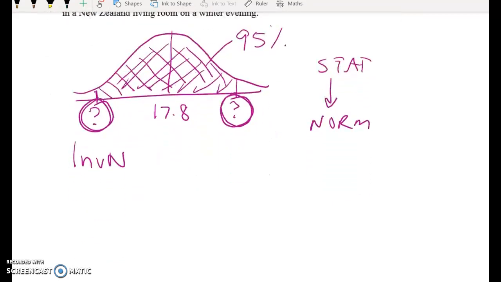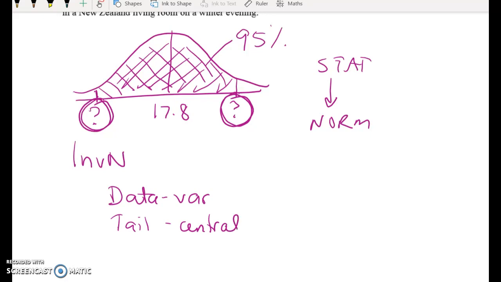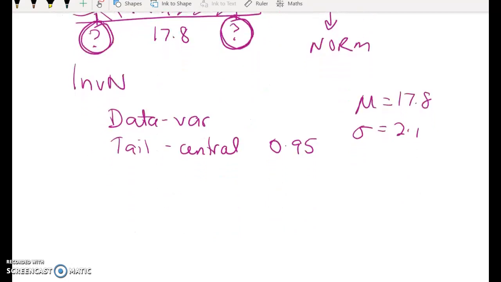If you've got the Casio Blue calculator, you're even luckier because you can go to data variable and then you're asked which tail you want to find. But one of the options is the central area. So if you choose central and then put in 0.95, mu of 17.8 and sigma of 2.1, the calculator will do all of the work for you. It will give me the lower value, let's round it sensibly, 13.68, and the upper is